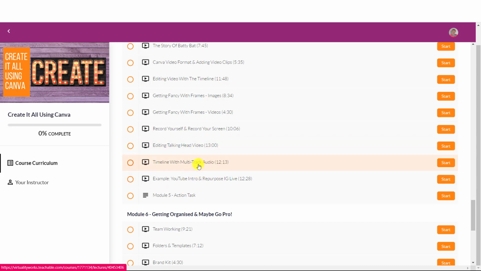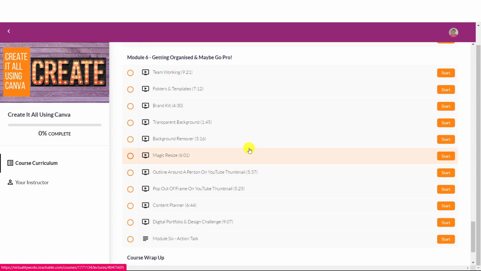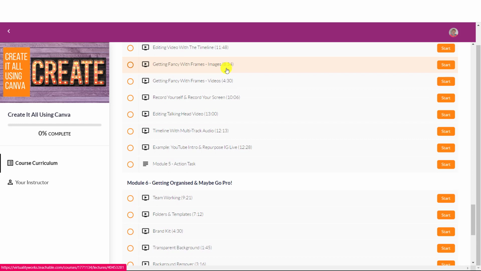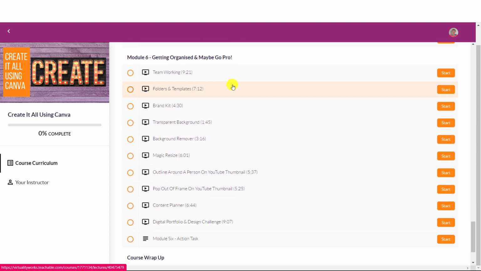Multi-track audio, we can now have, say for example, a spoken track and then also have music. And a couple of examples of how we can create intros and repurposing, say for example, an Instagram Live video. And then module 6, I've called it Getting Organised and maybe Go Pro, where I look at, so everything so far has been with the features within the free level of Canva account, and then in this final